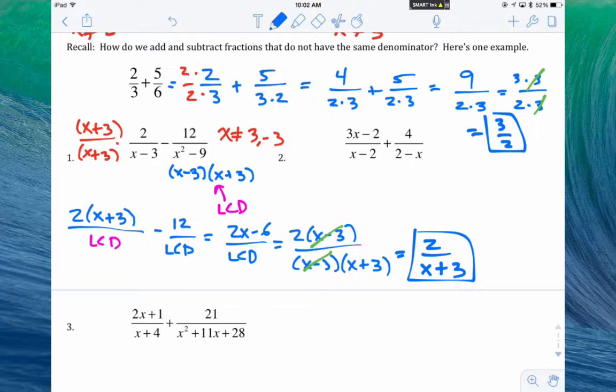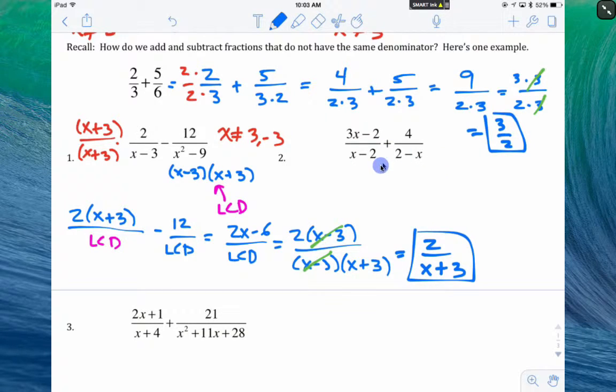That's kind of the gist of how we take care of these addition and subtraction problems. I want to show you one kind of odd example here, because I want to make sure you know how to handle those. And then this is just a more difficult example, and then there'll be some for you to try on your own. So I'm looking at these denominators, x minus 2 and 2 minus x, and they are almost the same, but not quite. How can we